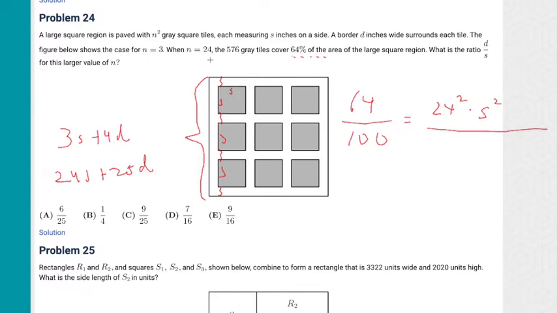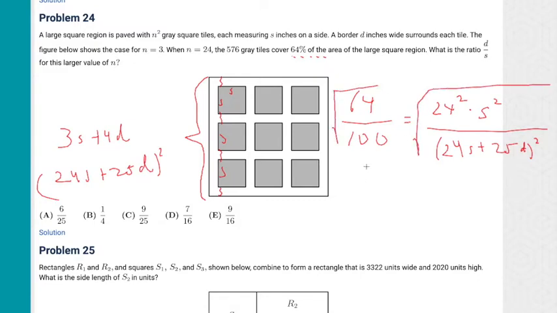equals 24. So the area of the total large square region is going to be this length squared, right? Because that's the area of a square. So this is 24s plus 25d squared. So this is super messy right now, but we got to notice that everything on this right hand side is squared. So we're going to take the square root of both sides, which we can do because it's an